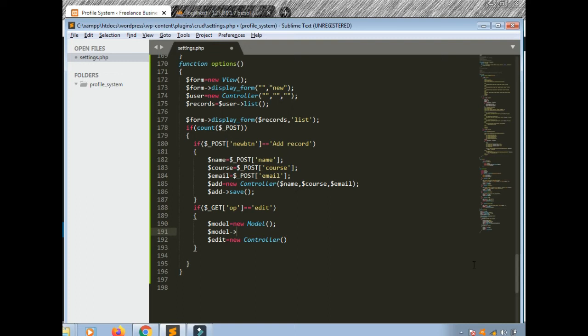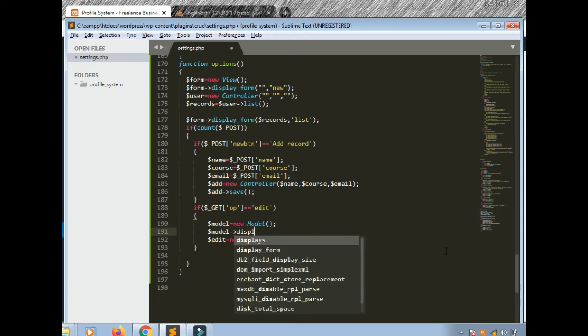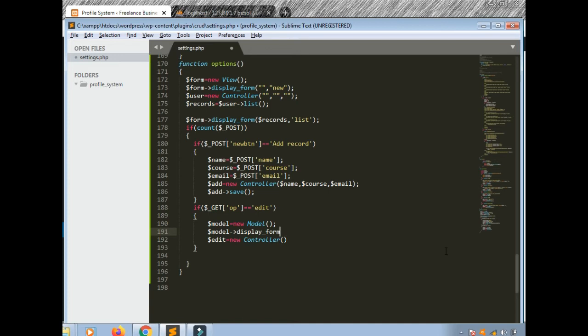Now model is, now our option is model dot display form. Display form, and in the display form I should